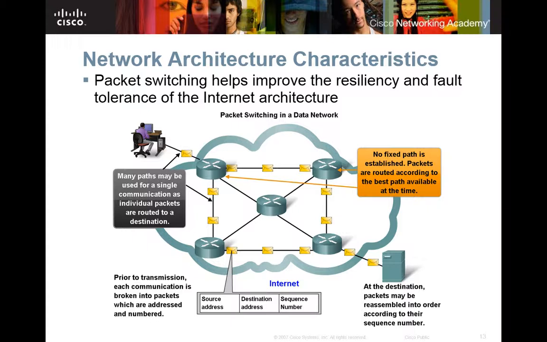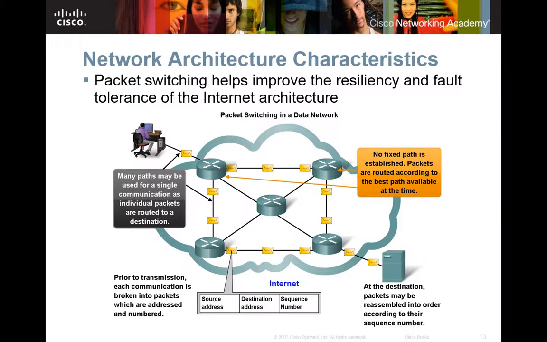Packet switching helps us improve the resiliency and fault tolerance of the structure of the internet. So what do you think when you think of packet switching? Do y'all know? Transferring data. It's what allows the switches to transfer data from one place to another. So it gives you that redundancy and availability to where you can have multiple paths. If I'm trying to call David, I can go to Lance to David, I can go to Brandon to David, or I can go to Armand to David, or I can go straight to David. And each packet that goes out may go a different way. That's packet switching, because it switches the direction which your traffic can go.